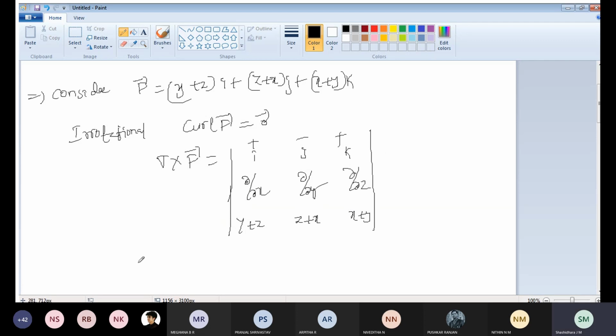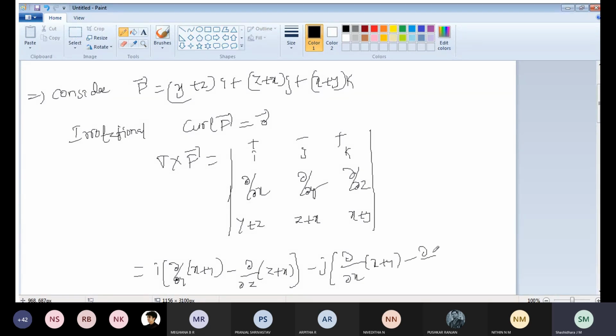Then simplify: i of dou by dou y of x plus y minus dou by dou z of z plus x, then minus j into dou by dou x of x plus y minus dou by dou z of y plus z, then plus k into